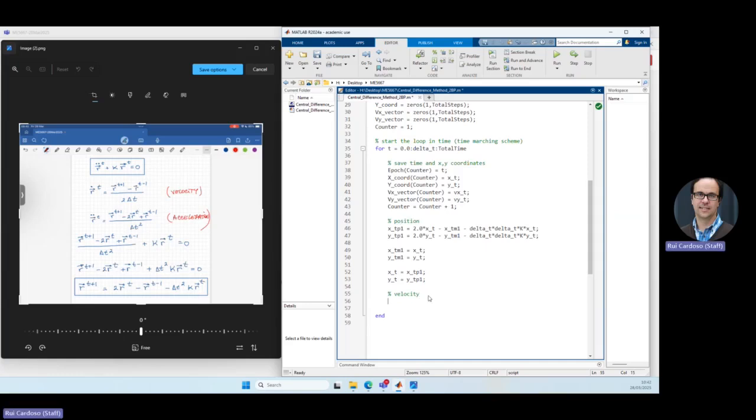So the velocity equation is this one on the left, the one here, this one, right? So I just need to say Vx underscore t is going to be equal to, okay, x underscore t plus 1 minus